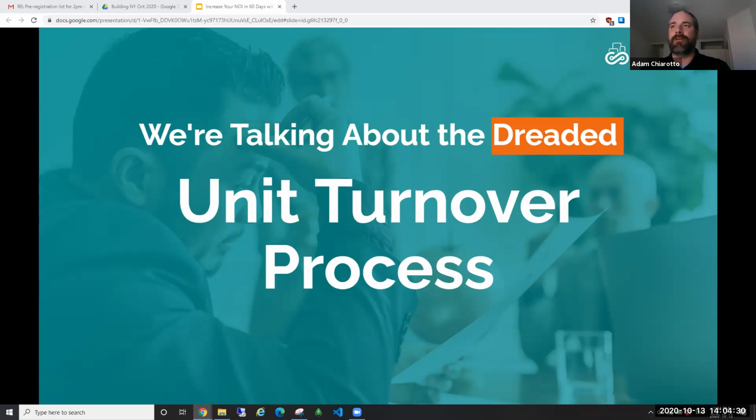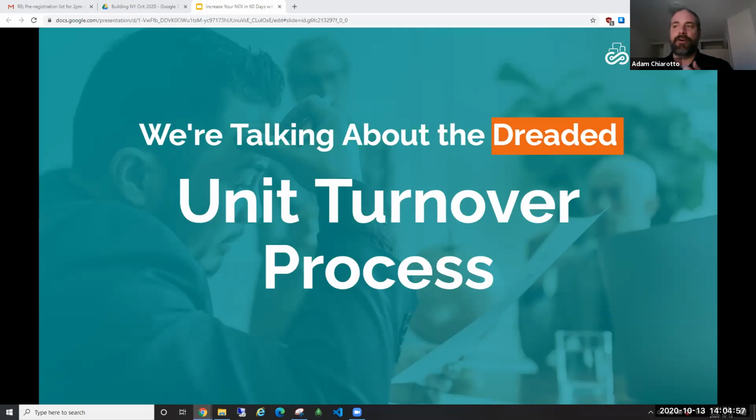And with that, as the number of steps and the number of stakeholders increase, it can really increase the complexity in making sure that every single time a unit needs to turn, we're going to nail that process 100% every time. If you've got one unit turnover happening in a month, it's probably not that big of a deal. But when you start getting into 5, 10, 15, 50 unit turns at a property in a month, well, now